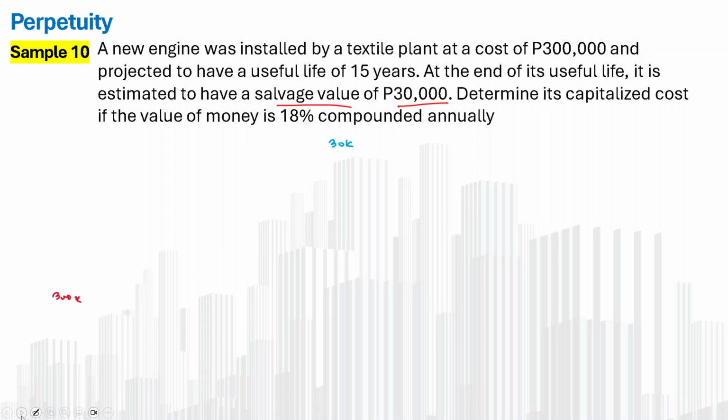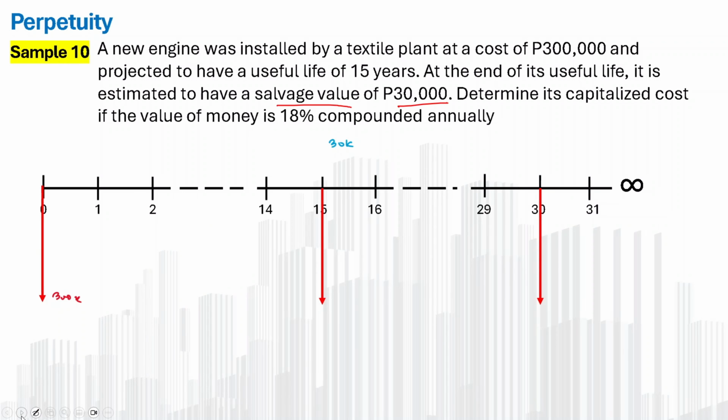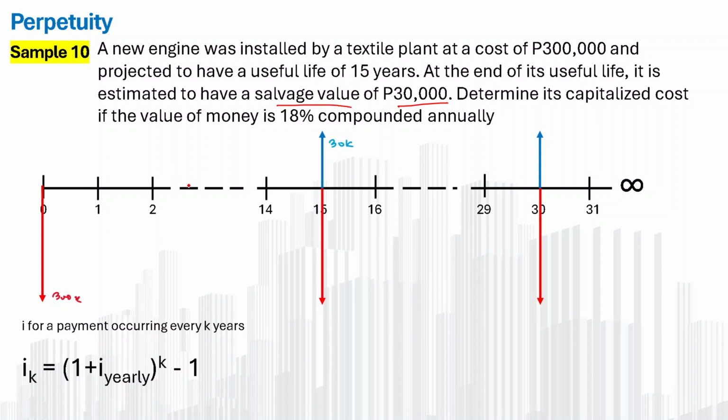In this case, this is its cash flow diagram. Draw it first. Every 15 years, you have a salvage value of 30K. So, meaning we're talking of periods of years here, no? So, I'll just have to factor in one interest rate equation here, where you have to factor in every 15 years, or every k amount of years. So that is 1 plus the interest rate per year, which is 18%, raised to k, in this case 15, minus 1. Okay? And you just have to apply